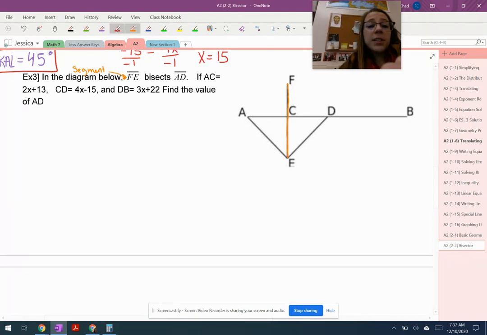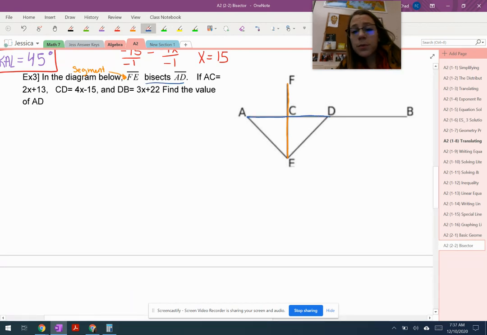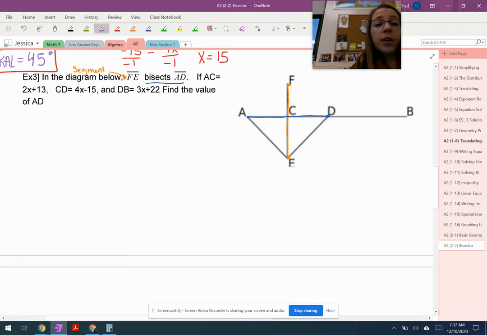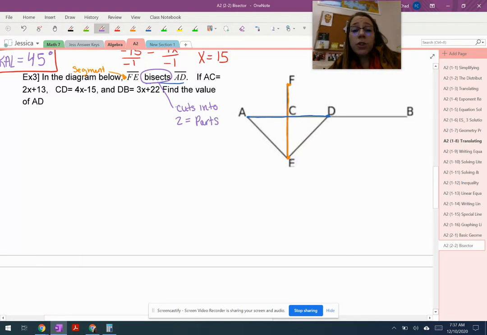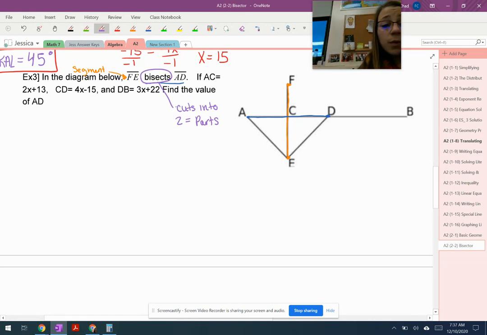bisects segment AD, which I will do in blue. So FE bisects AD. We know from all of our work before that bisect means cuts into two equal parts. So if my orange line is bisecting AD, that means which two pieces are equal? Well, that means that